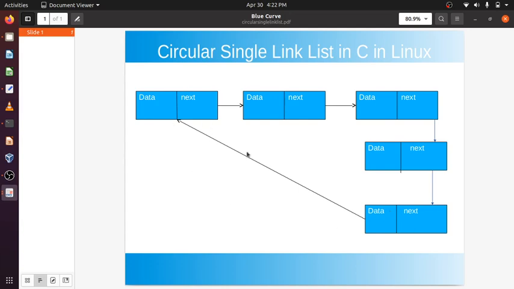So first next will be pointing here. This line has to be reversed. So first next will point here, and this will become the first. Okay, so instead of this will point here, this will point here, this will point here, this will point here, and this will point here, and this becomes the first.